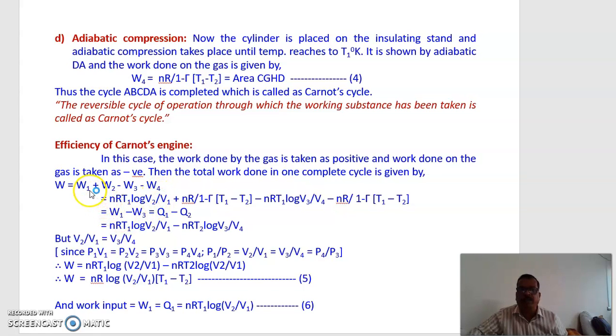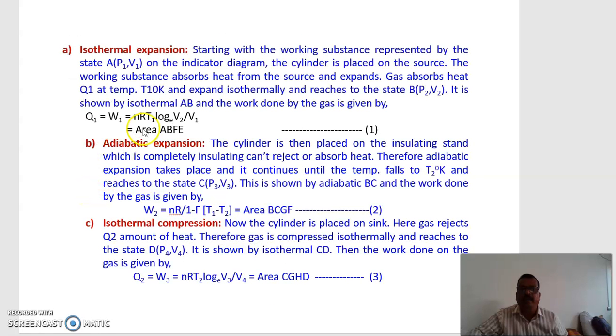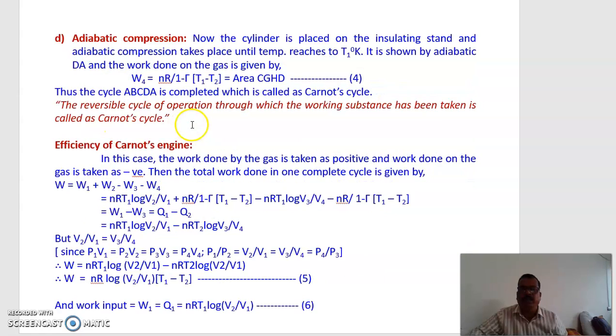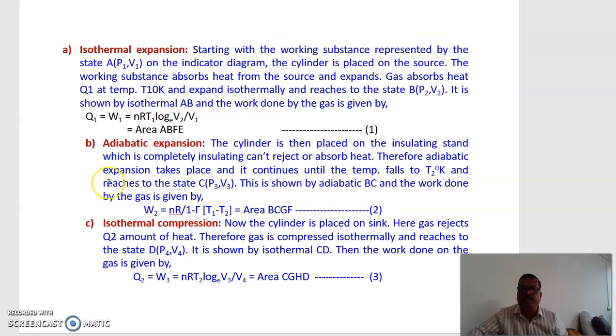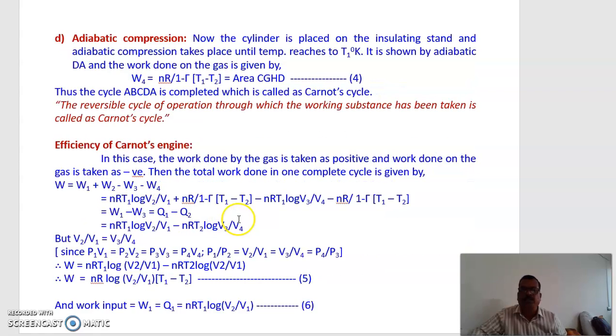The value of W1 we know, we saw it above: W1 is nRT1 log of P2 by P1. Q1 equal to W1 equal to nRT1 log of P2 by P1. Therefore, put the value of W1, nRT1 log of P2 by P1, plus W2, which is adiabatic expansion. The work done during the adiabatic process is nR divided by 1 minus gamma into T1 minus T2. Put the value of W2, plus nR divided by 1 minus gamma, T1 minus T2, minus W3, that is